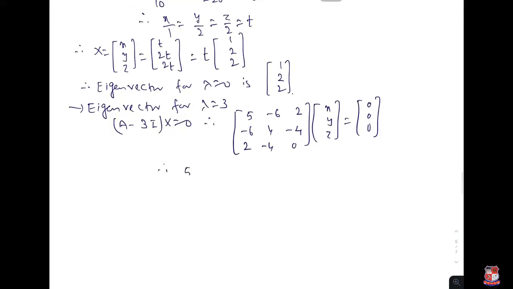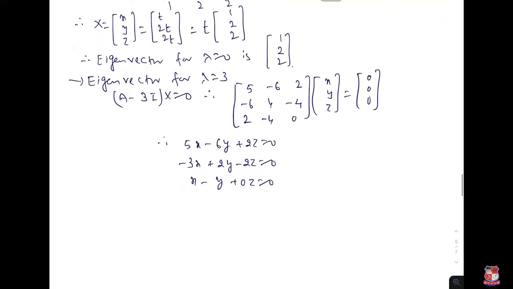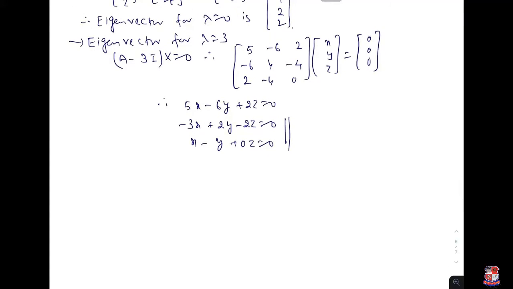So therefore this is 5x minus 6y plus 2z equal to 0. Then from the second equation, 6, 4, 4, we can take 2 common, so that is minus 3x plus 2y minus 2z equal to 0. And even from the third also we can take 2 outside, so we can write x minus y plus 0z equal to 0. We can use any two equations. Let us use these two. So by Cramer's rule,